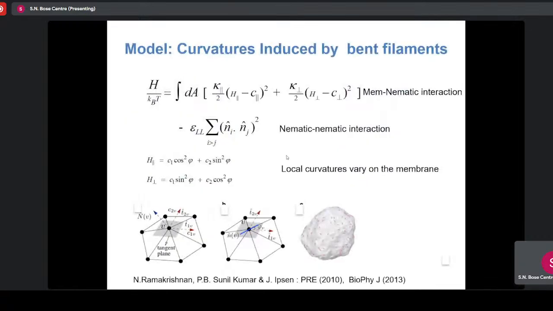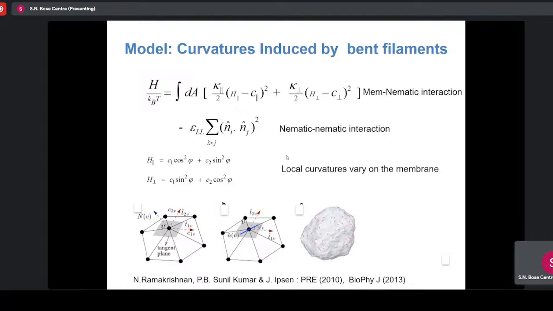So this is the new modified interaction energy. What is it saying? This term is the membrane-rod interaction, if you like, and this term is the nematic interaction. You will see that I have a continuous thing here and a discrete thing here, but of course, when I do the simulation, this has to be discretized on every vertex.